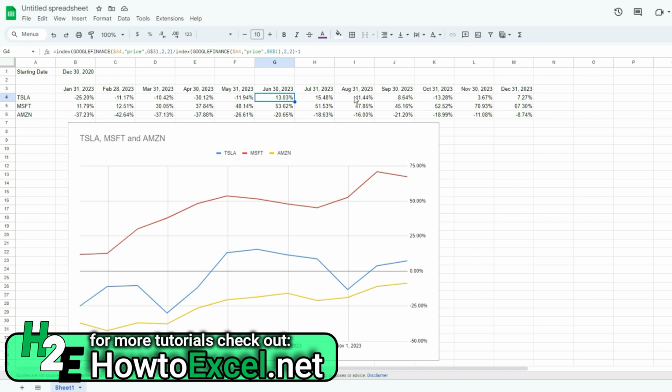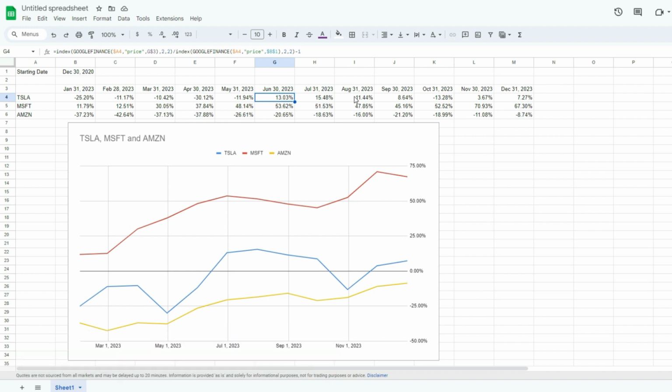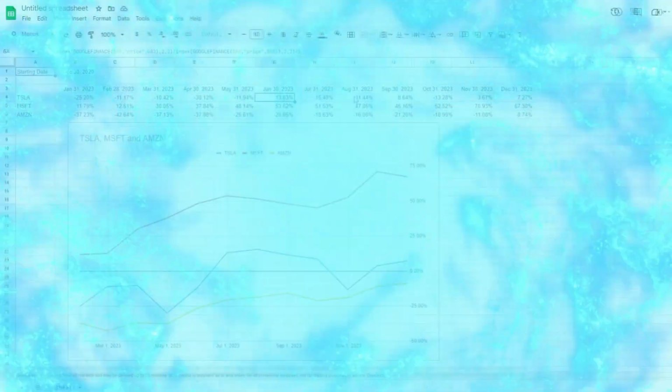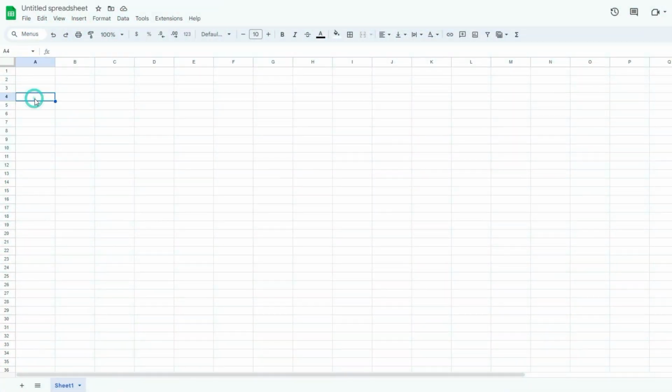So this way, instead of going to, let's say, Yahoo Finance or another website, you can easily calculate returns since either the start of the year or since a certain point in time and determine what the returns are since then. So in this example, I'm going to start with using three tickers: Tesla, Microsoft, and Amazon as my starting